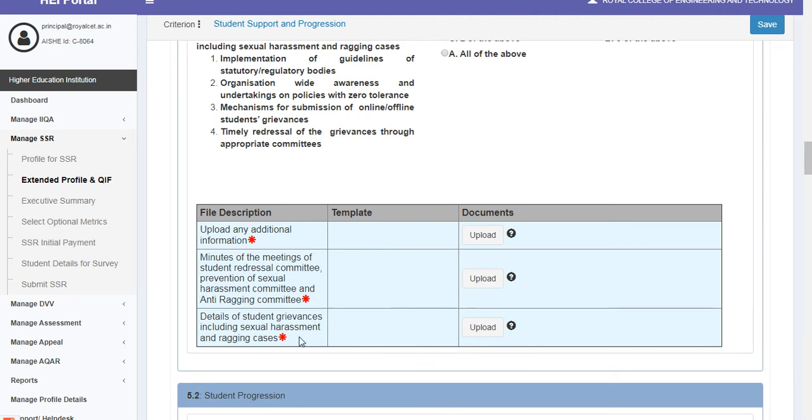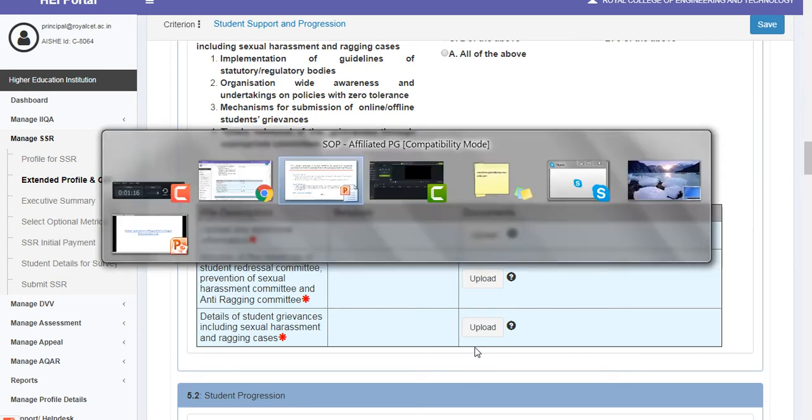In this metric you have an upload for minutes of the meetings of student redressal committee, prevention of sexual harassment committee, and anti-ragging committee, and you have to upload details of student grievances including sexual harassment and ragging cases, and you can upload any additional information. Now let us see what are the documents required and specific instructions of this metric.